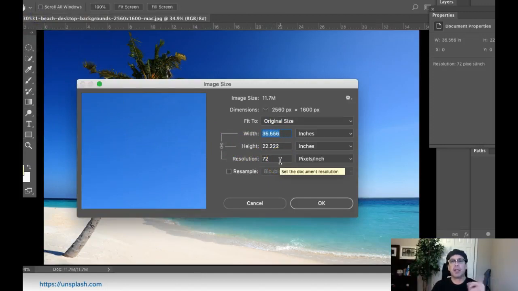Is all lost? Absolutely not. Take a look at the width and the height. This is 35 by 22. The dimensions are enormous. That is telling me, and theoretically it should be telling you, that when we look at pixels and pixels per inch, 72 pixels per inch, 300 pixels per inch, we see that at 72 pixels per inch here, the width and height is